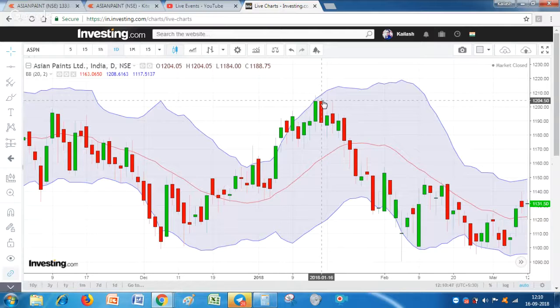Yes sir, one question: what is the ideal range of the Bollinger Band by default? So by default the setting is 20 and 2. The 20 period is actually a moving average, that is the median line, and 2 is the standard deviation, so the bands can be plus minus 2. Okay, simply speaking, it tells us about the volatility of the stock, how volatile the stock can be. It gives us an idea of the volatility of the stock.